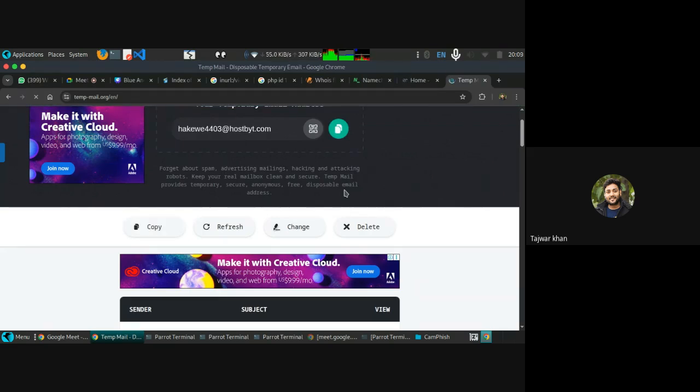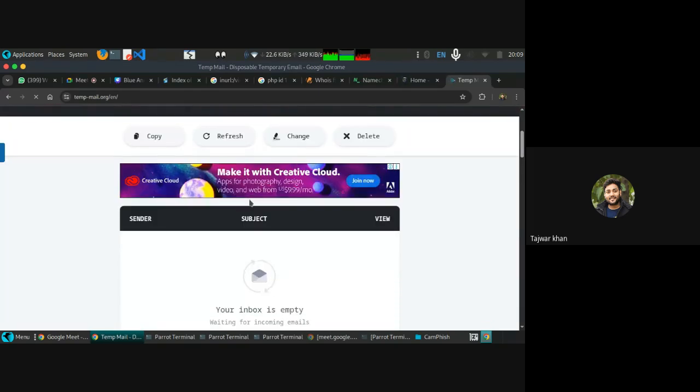And if I talk about the cyber security thing, whenever I want to register myself somewhere, wherever I'm checking the security of any website or any server, I generally use this temporary mail. You can just register yourself with the help of this temporary mail, because the main thing is to try to make yourself safe and secure, and don't overshare your personal emails on the internet. Getting my point?